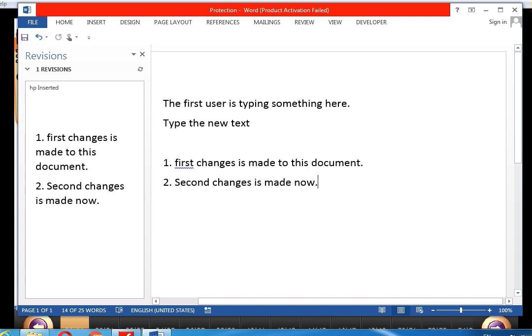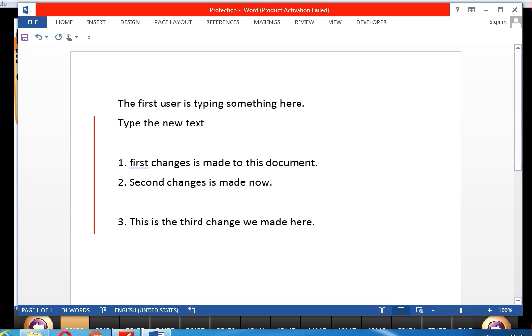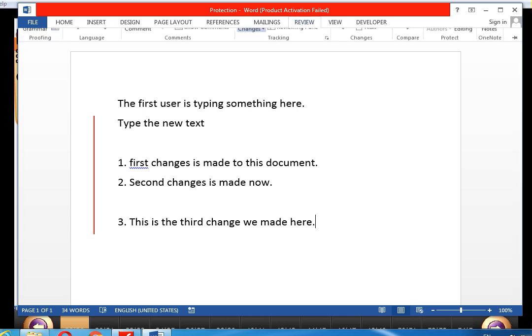If we make another change also here, third, this is the third change we made here. So this change we made here. So these are the changes we had made to this document.